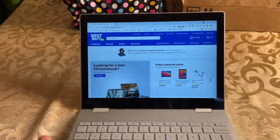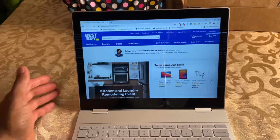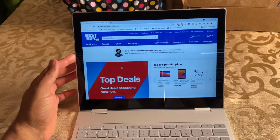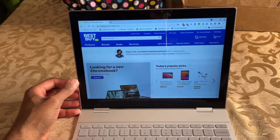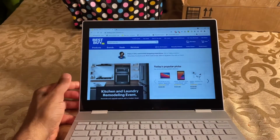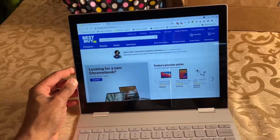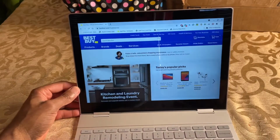I know there were rumors a couple years ago about a potential Pixelbook 2 that we never got. I know we got the Pixelbook Go, but to me, that's still not the second version of this particular device. I think that Google could still make the second version of this device, and a lot of people would be on board with this, as long as it was priced correctly. Now, they may have priced themselves out of the market originally with this thing. I know if you try to find a brand new one, like the 16 gig version, you're still going to pay upwards of $1,300, $1,400, which is still ridiculous. But if you can find one of these, like I did, for less than $400,